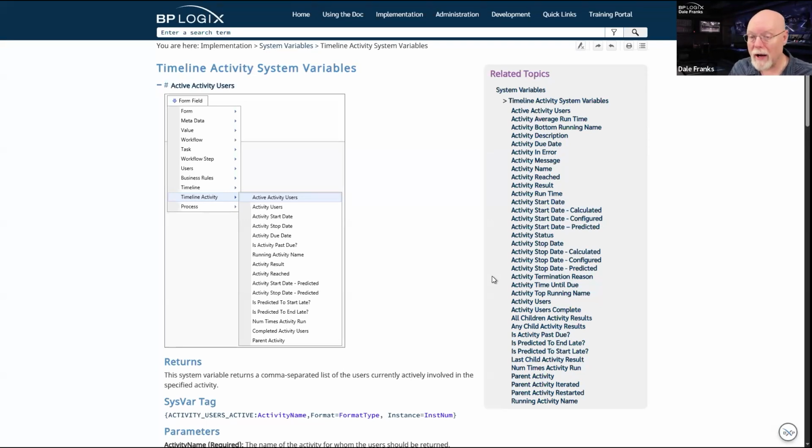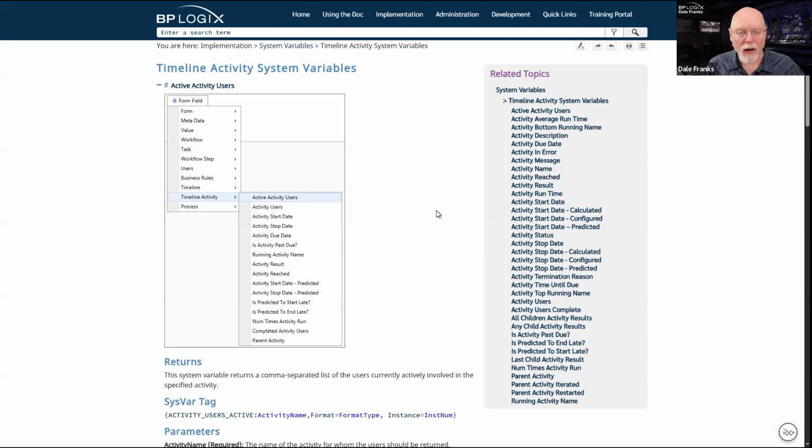So therefore, they're not active activity users. Similarly, if I was to assign the activity in parallel to 5 different users, then they would all 5 be active at the same time. So in that case, active activity users and activity users would return the same 5 users.